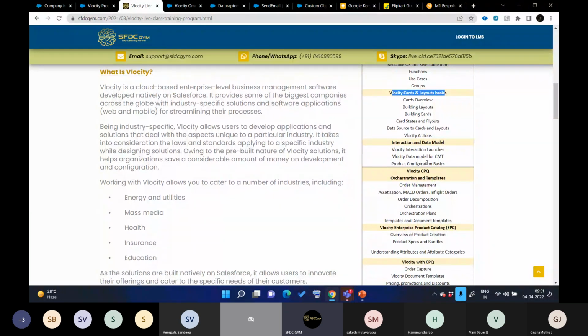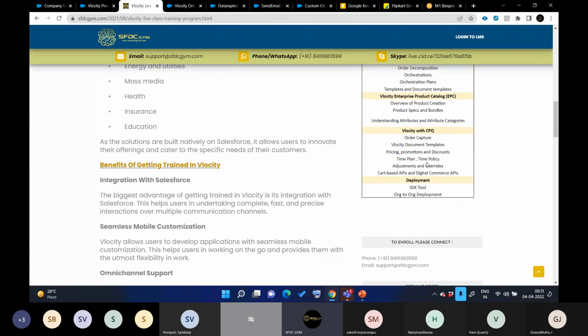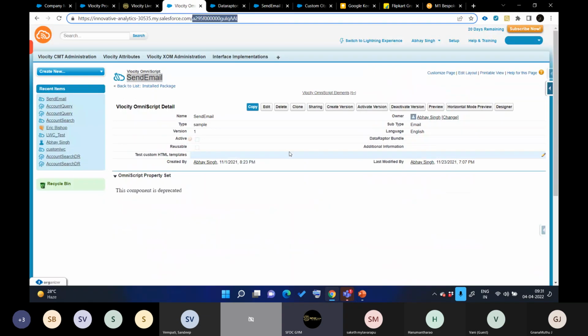This is something which is launchers. We will discuss this also. And lastly, we will discuss deployments, like how the deployment happens. Because here, the main difference between Velocity and your Salesforce development is that Velocity more often creates records. This is a record that they have created in this Velocity OmniScript object. So the deployment also will happen on the basis of the record itself, right?